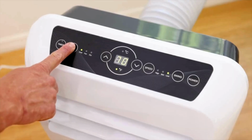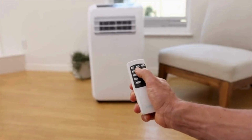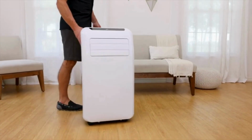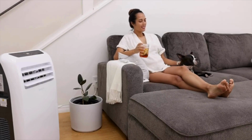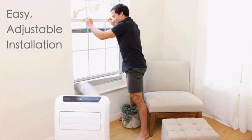Customers appreciate the built-in dehumidifier, which not only cools the air but also removes excess moisture, enhancing overall comfort. The unit's sleek design and compact size make it a great fit for various living spaces, from bedrooms to small apartments. The ease of use is another highlight, with the included remote control allowing users to adjust settings without leaving their seat. The window mount exhaust kit simplifies installation, ensuring that the AC unit can be quickly set up and